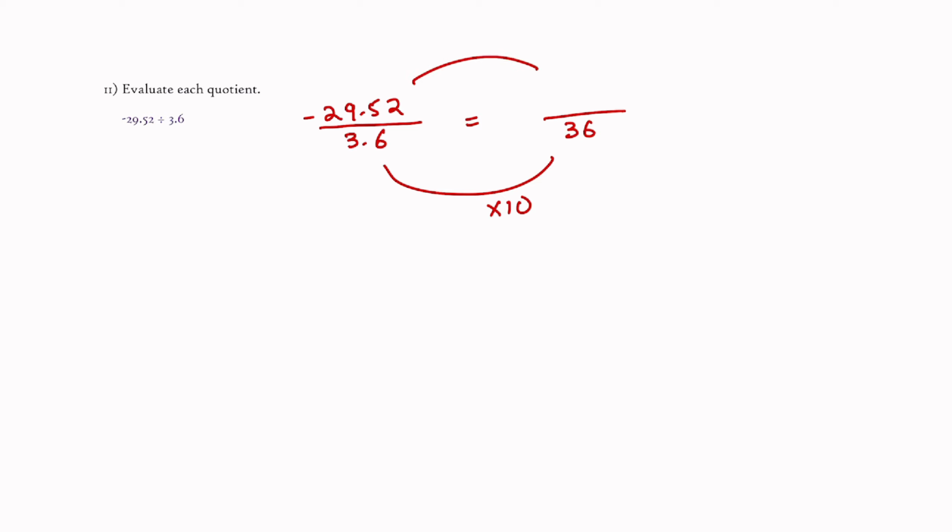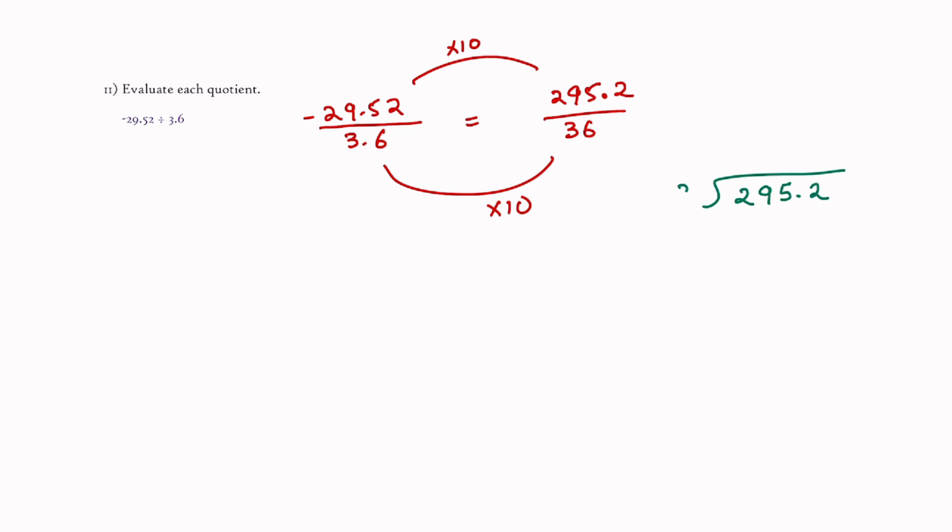It says evaluate each quotient. So you are given minus 29.52 divided by 3.6. So this can also be written as 36 here. So how did I get that? Times 10. So same thing I do here, times 10. So that becomes 29.5 and the decimal here. So this way my division becomes easier, right? So now I need to divide this. So let's do it here. That's